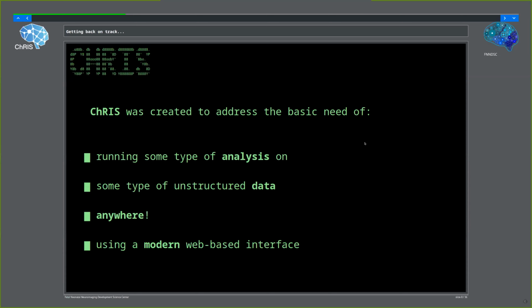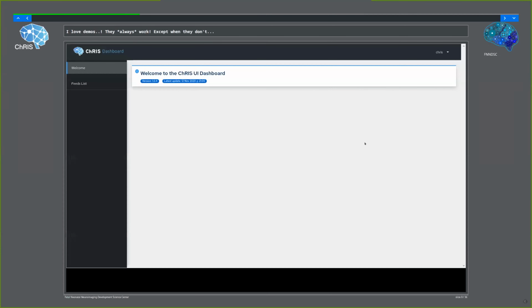Our entire backend is completely separate from our front end, which means we actually can have multiple user interfaces. If you have a particular workflow, let's say you're doing some kind of MRI analysis and you just want a clinician or a doctor to hit upload data and start, well, we can build those kind of very focused web interfaces for you where they don't have to really deal with any of the intricacies behind the scenes. But a picture is worth more than 1,000 words. Let me give you a quick overview.